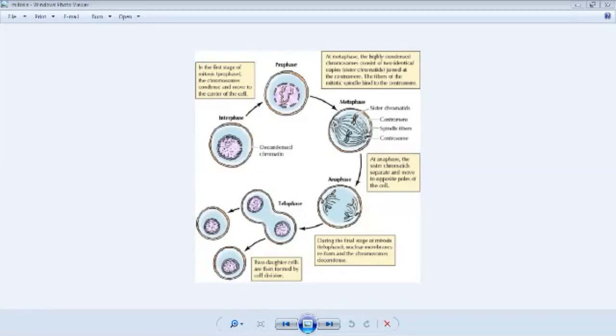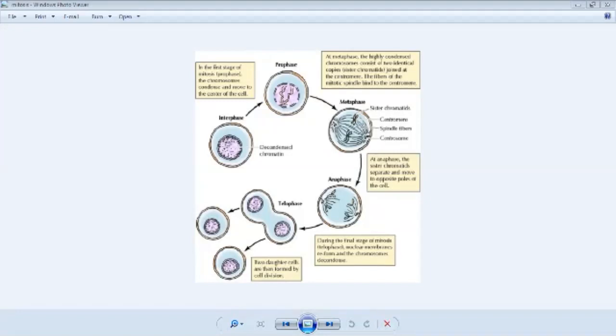Then at metaphase, the highly condensed chromosome consists of two identical copies, that is sister chromatids, joined at the centromere. The fibers of the mitotic spindle bind to the centromere. This is the metaphase here, and this type of action takes place inside the cell. So the centromere is formed, with the spindle fibers and the centrosomes. And the third stage, at anaphase, the sister chromatids separate and